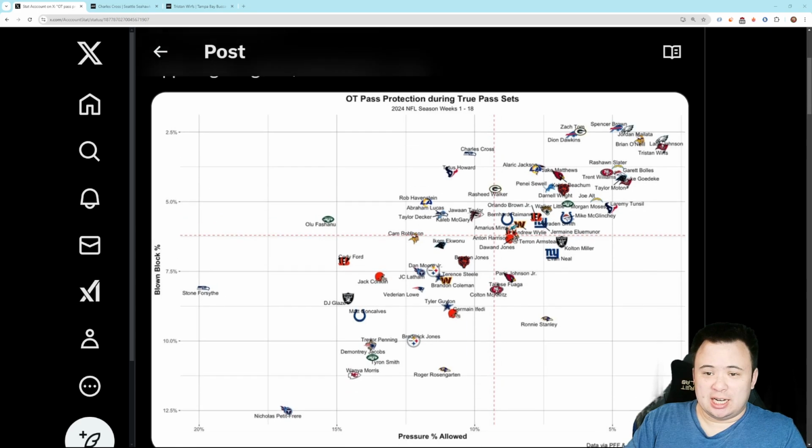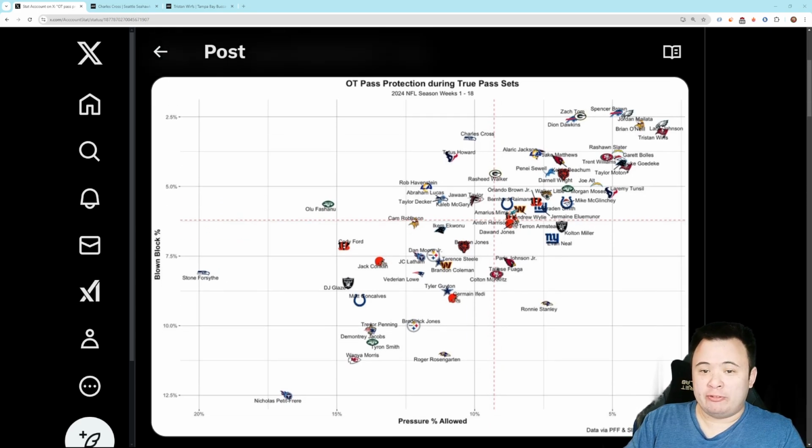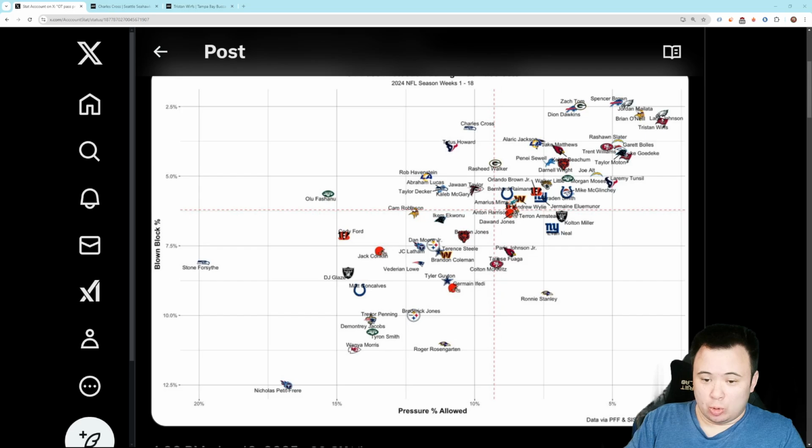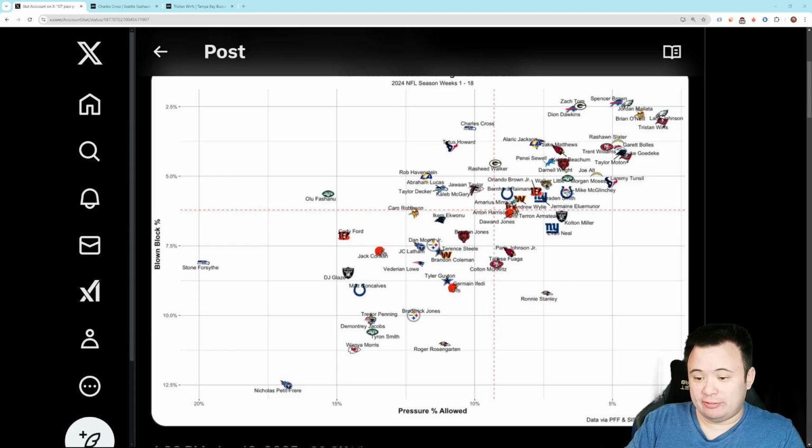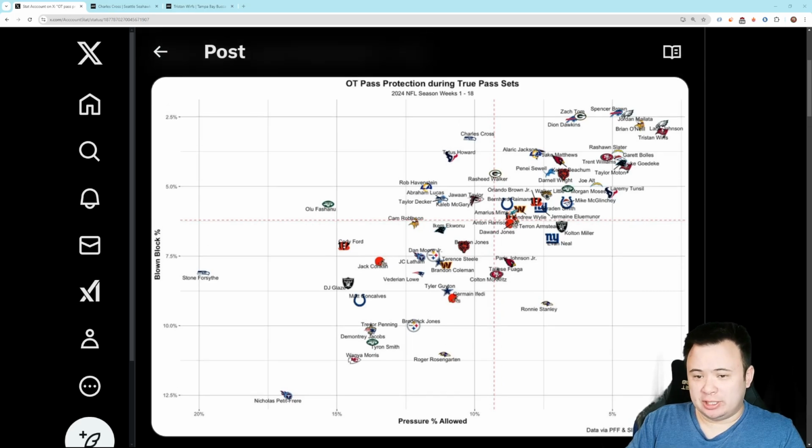This chart is designed to show how effective a tackle is on true passing sets at pass protection. The horizontal axis is pressure percentage allowed per PFF. This is just a simple evaluation of how often a player allows pressure on a true passing set. And the vertical is blown block percentage, which is the percentage of time where a player blows his block on